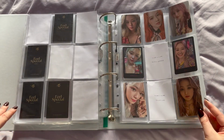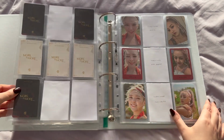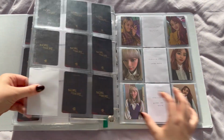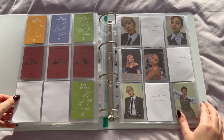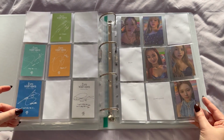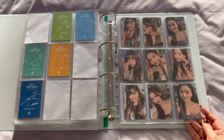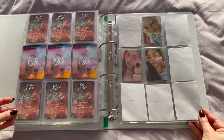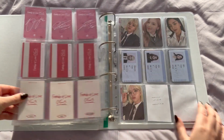And then More and More, and the 89 set, Eyes Wide Open, first 89 set and the second one, and then Taste of Love is complete, Formula of Love almost complete for my top 3,